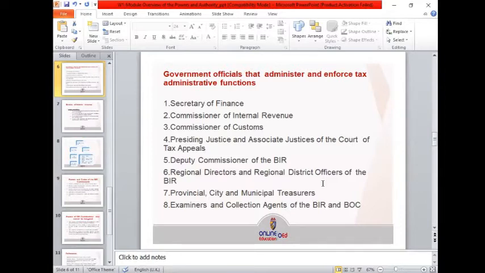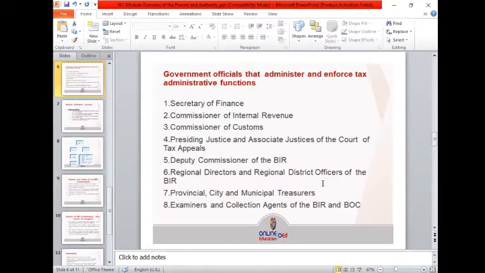So the purpose of the RDO is to collect taxes from the taxpayers within their scope of location. We also have the regional directors, the heads of the revenue district offices, and even the officers. And also the provincial, city, and municipal treasurers. These government officials are responsible for the local taxes, particularly the community tax or the cedula tax, because